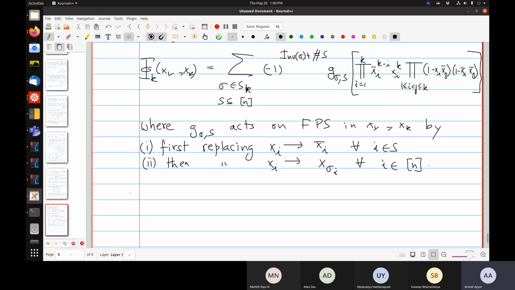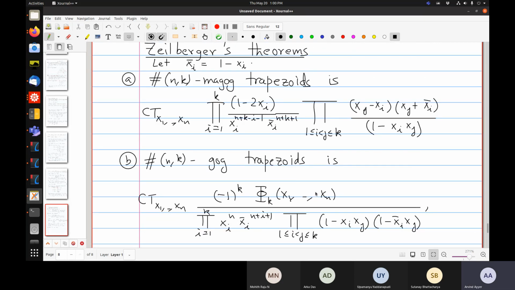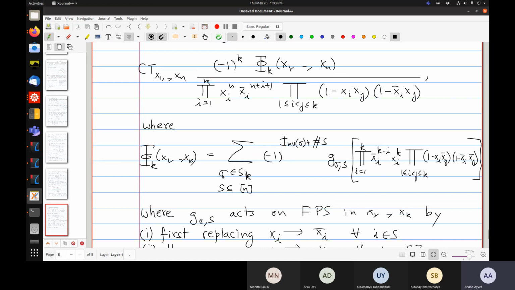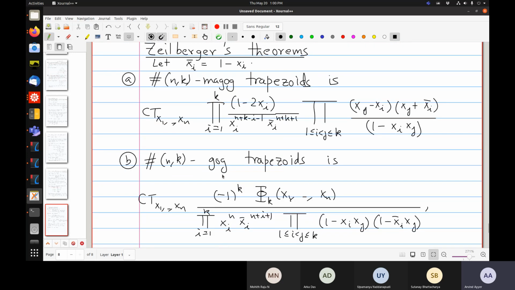And so the third part is proving that both constant terms are equal. Then notice that he has not enumerated nk-magog or nk-gog trapezoids. He has shown that both of these are equal to these constant terms respectively, and then he has shown that the constant terms are equal. And all these are non-trivial